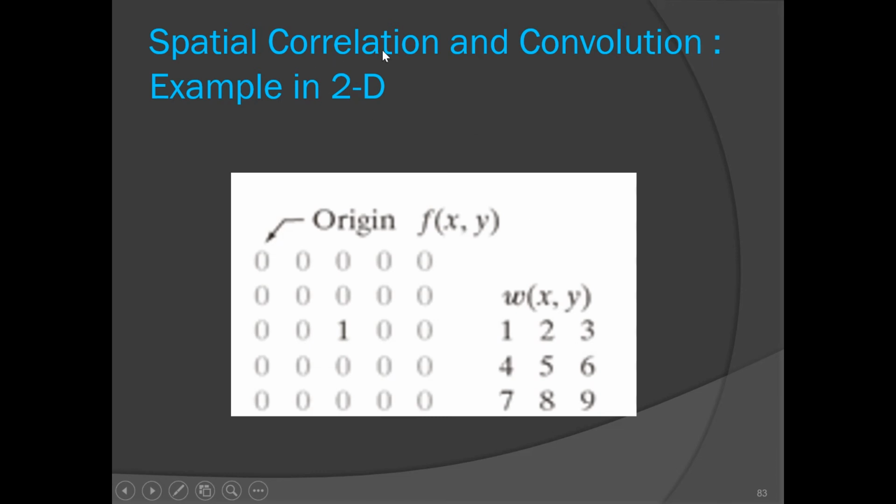In case of correlation, you should get a rotated version of W at the impulse location. In case of convolution, you should get the exact copy of W at the impulse location. But you try on paper, and you use zero padding in this case. And you message me the step-by-step answer of this.